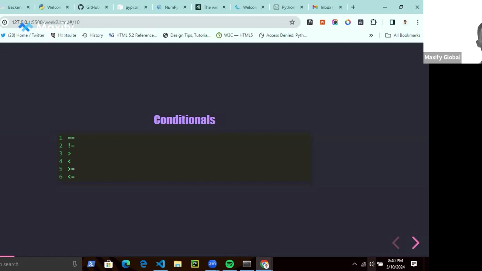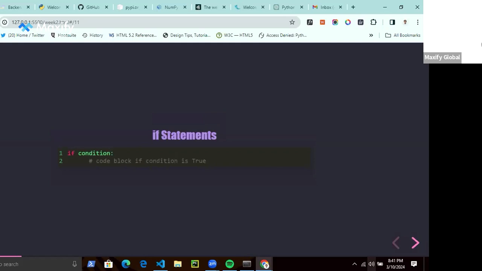We have the equality operator, the not equal to, the greater than, the less than, the greater than or equal to, and the less than or equal to. All these are conditional operators, and they help us in our second control structure, which is selection.